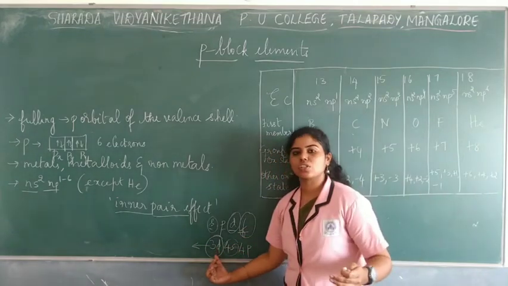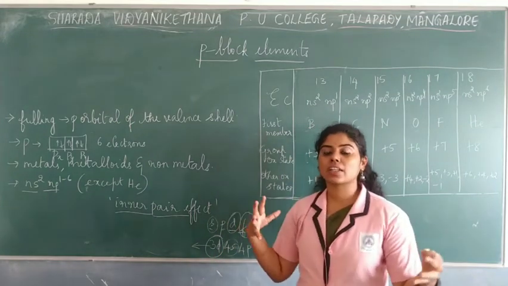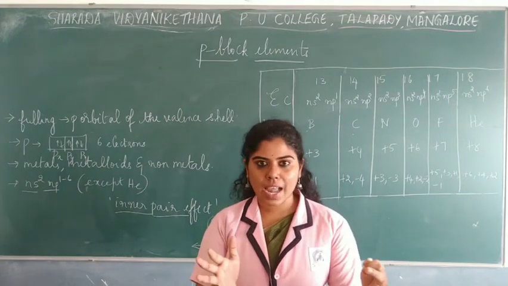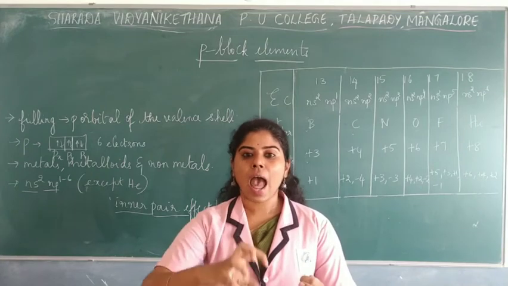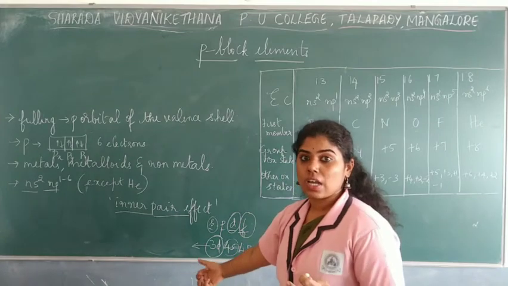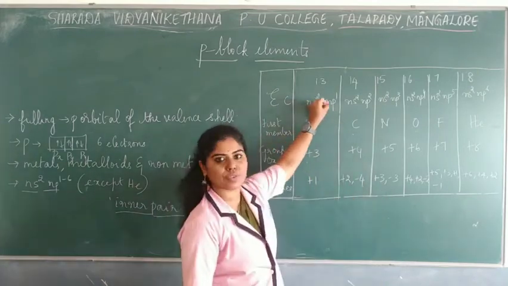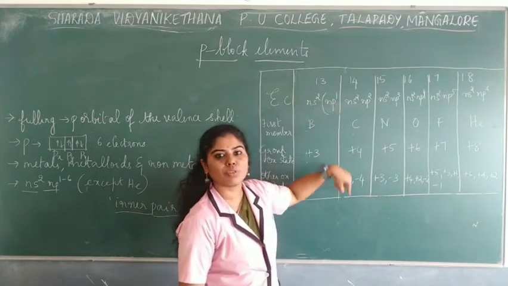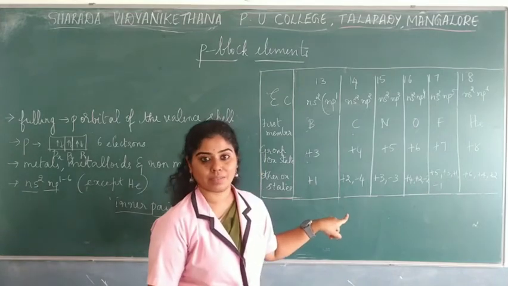If this has less shielding effect, it means that the 4s electrons can get attracted to the nucleus more, closer to it. Right? So what happens, the size also becomes lesser. There is more attraction, size becomes lesser, and the removal of electrons also becomes difficult from s. Right? So it is not possible for us to remove all the 3 electrons from this. So what happens, only 1 electron can be removed from the outermost shell. This is what it means, and that's why the oxidation state can be +1.